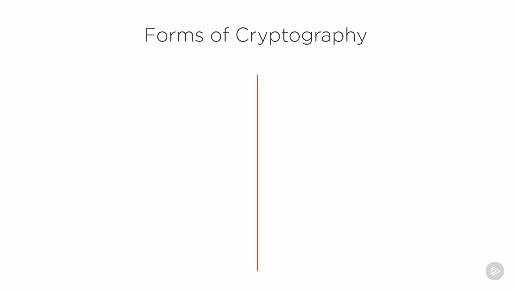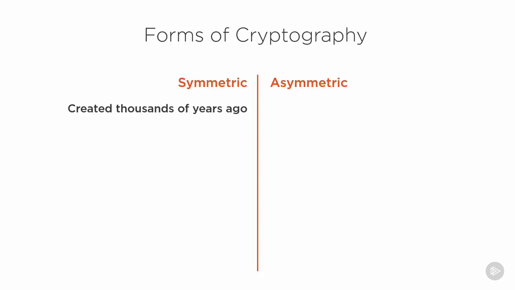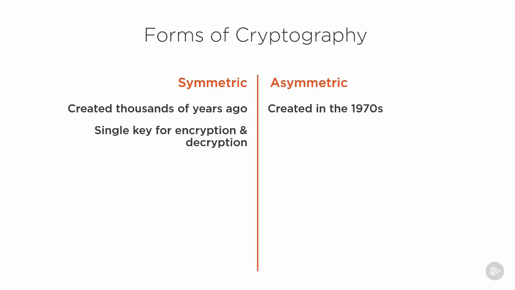There are two main forms of cryptography, which are symmetric cryptography and asymmetric cryptography. Symmetric cryptography was created thousands of years ago, while asymmetric cryptography was created in the 1970s. In symmetric cryptography, a single key is used for encryption and decryption, while asymmetric encryption uses separate keys for encryption